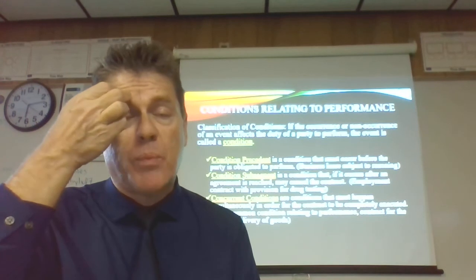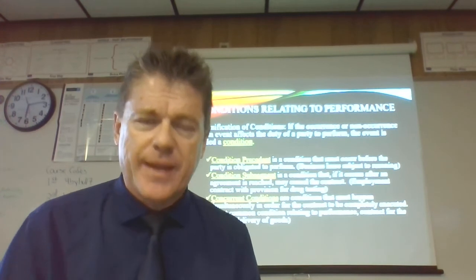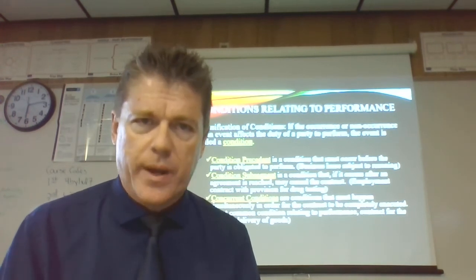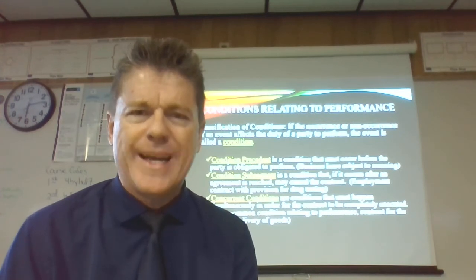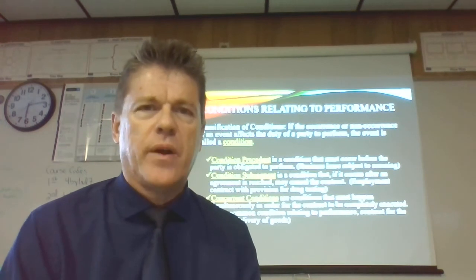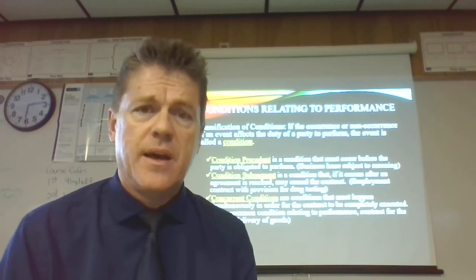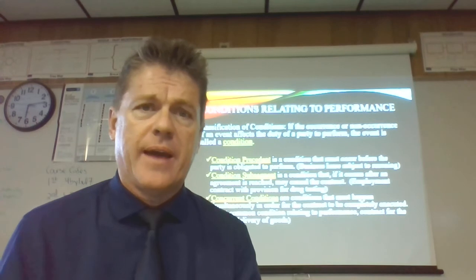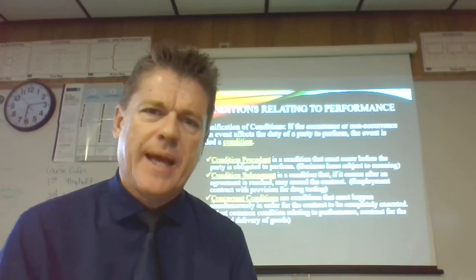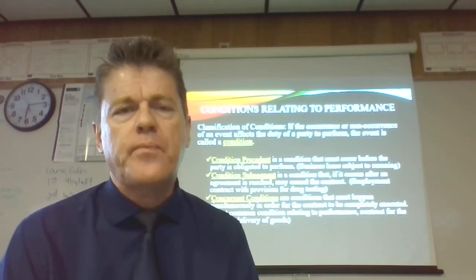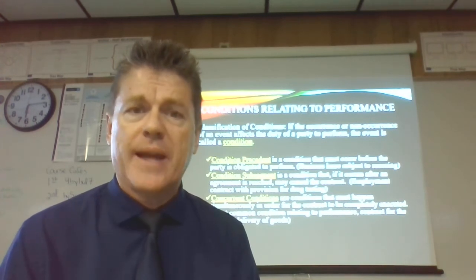So when we talk about actual performance, I gave you the example of you making 5 years of payments, and at the end of the 5 years, the contract is complete. So that's great. There's also some things that pertain to what are called conditions related to performance. And so there sometimes are what are called conditions, and conditions can either give rise to a contract, can terminate a contract, or can reflect what are referred to collectively as concurrent conditions. And so I'll explain each one of those and provide an example for each. A condition precedent is a situation that has to occur before a party is obligated to perform.